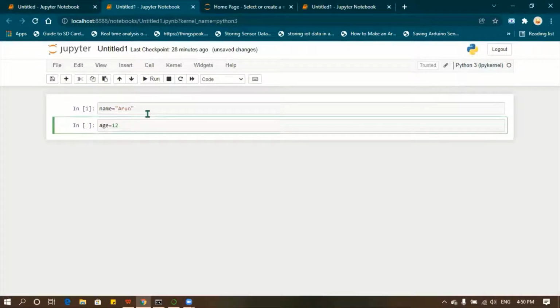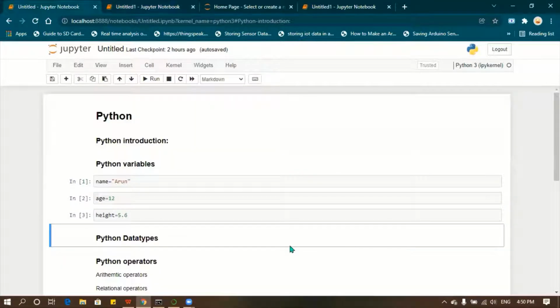At that time, you can press Control plus Enter. Control plus Enter will run the current cell and it will not create a new cell in your Jupyter notebook. Okay, do you have any doubts in variables? If you have any doubts, you can ask me.